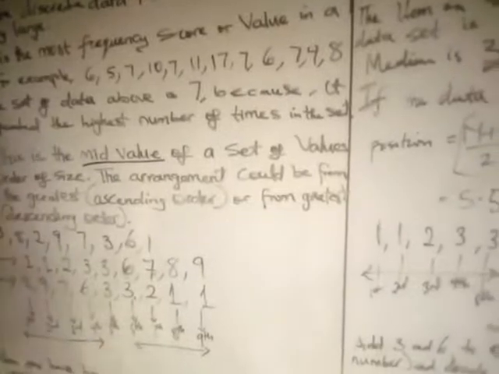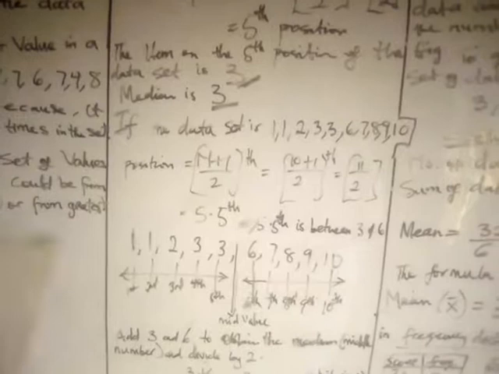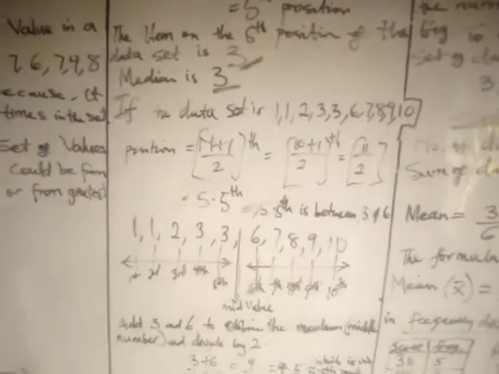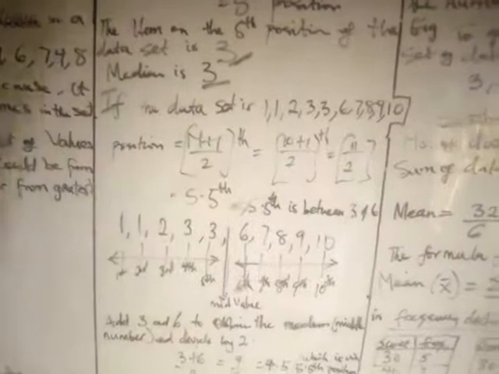This formula will give you the position where you will find your median, in whatsoever case, even if it is an odd or even set of data. So the item on the 5th position of the data set is 3, and that is your median. It's the 3, not the position. Don't forget, not the position. You don't say median is 5. It's not 5. The value in the 5th position is your median, the middle number, which